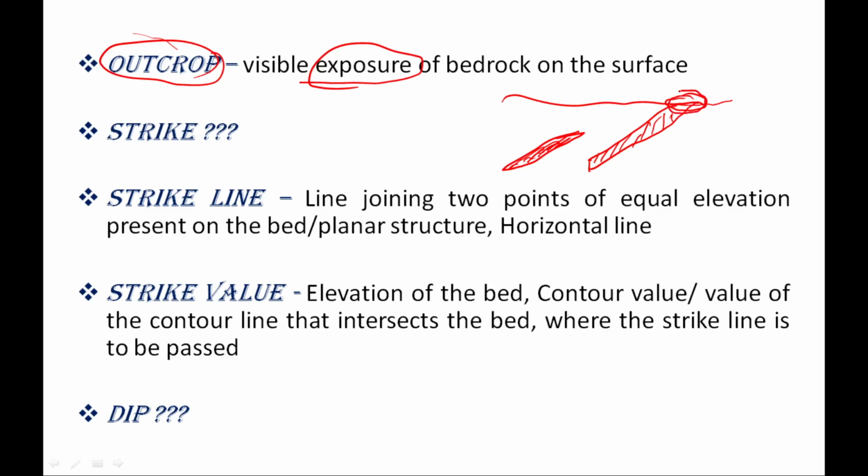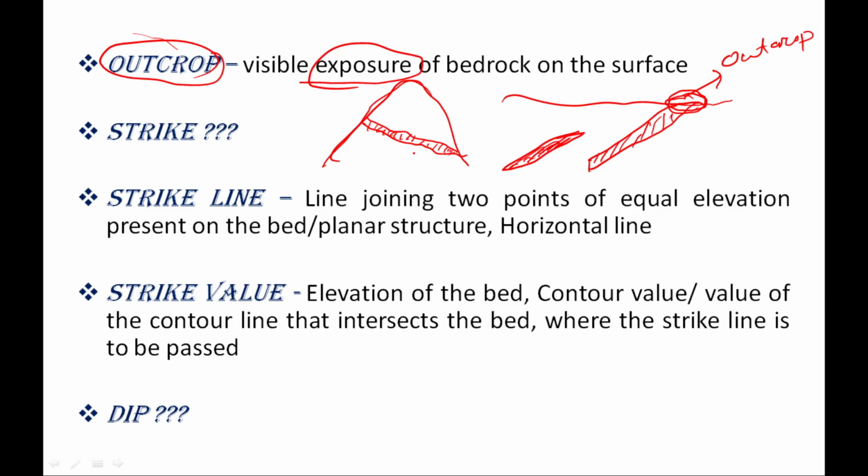At this point it is exposed to the surface. This is its outcrop. So now you are finding the outcrop of a buried body or dipping bed on the horizontal surface. Suppose there is a mountain like this, your three-dimensional mountain, and you are finding something like this. That means it is the outcrop of a bed you are finding on the mountain.